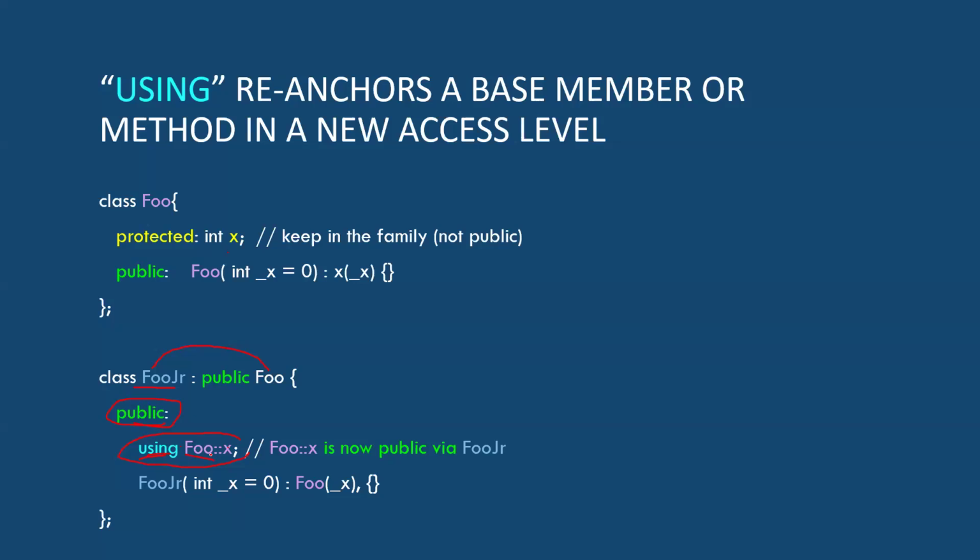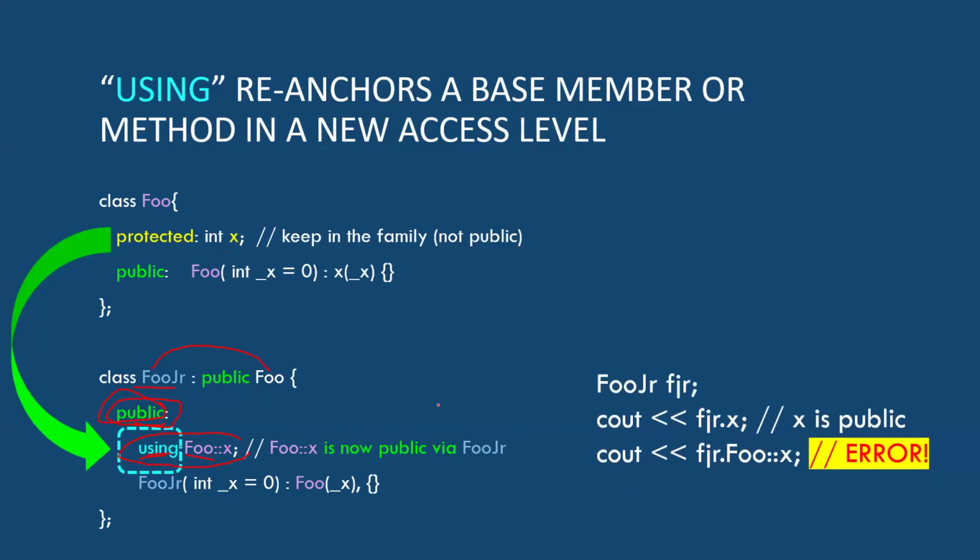I just said I'm using this in this neighborhood over here. So I've pulled it out of the protected and put it into there. So now we can actually invoke it from the public area, like in main, right? Create a foo junior, print out the X, okay? Even though I cannot say foo junior base class X, because that's protected,